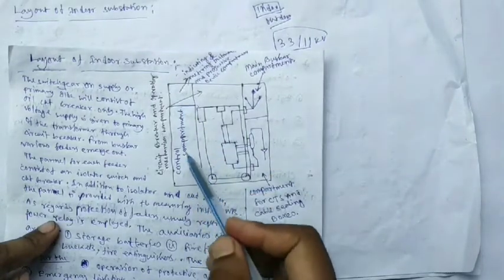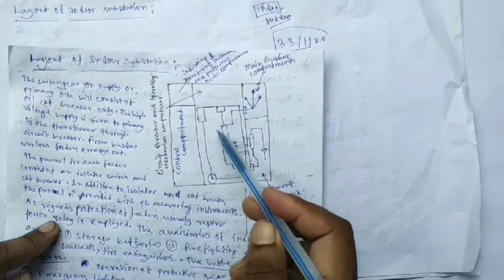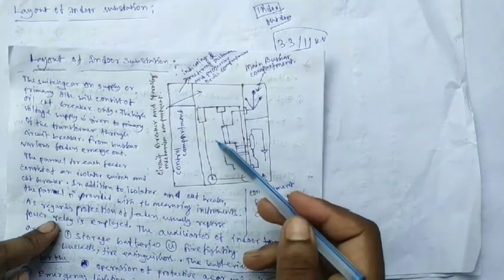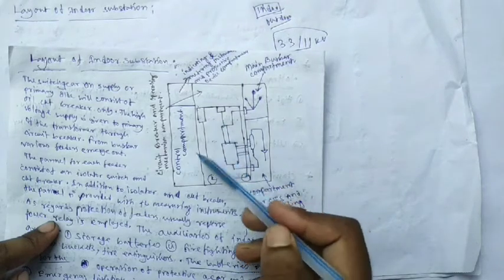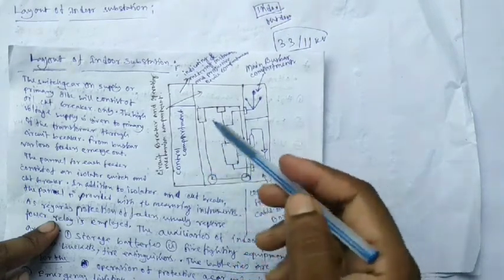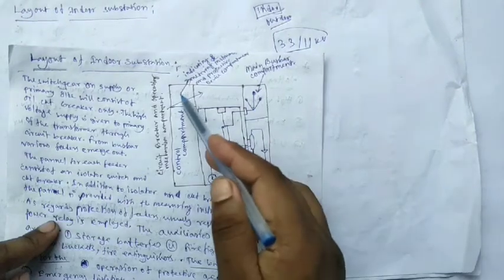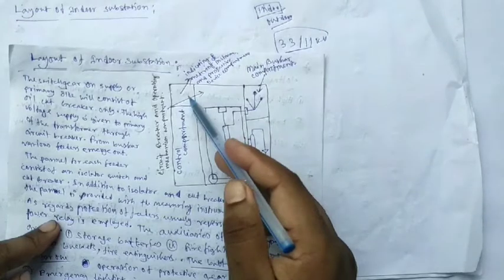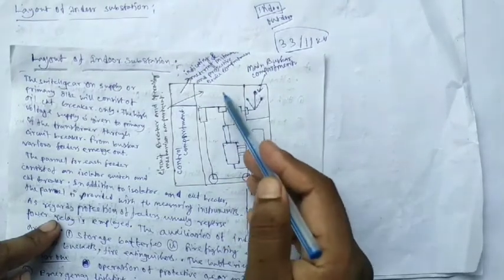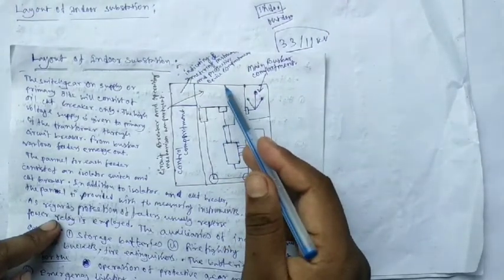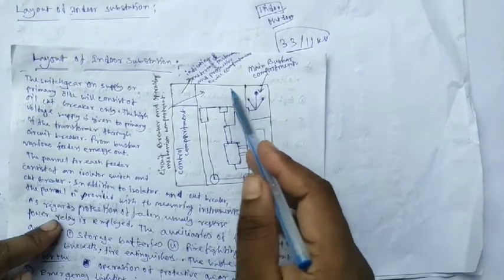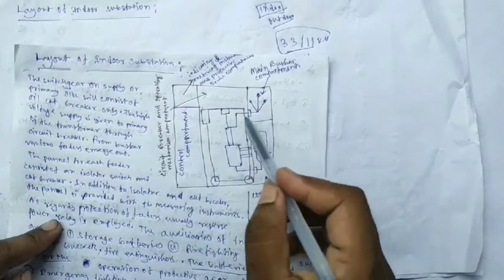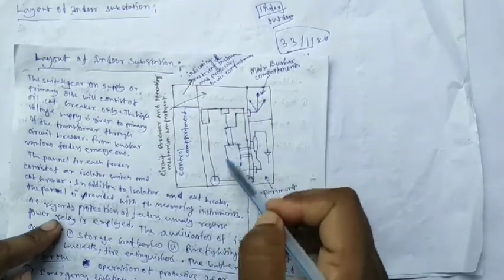In between the substation there are different types of protective devices, that means circuit breakers, fuses and isolators. These instruments are protected in this compartment, the indicating, metering instrument and protective device compartment. This compartment also has a block for the circuit breaker and protective device mechanism. Circuit breakers and similar instruments are present in this portion. And suppose this is the transformer unit.